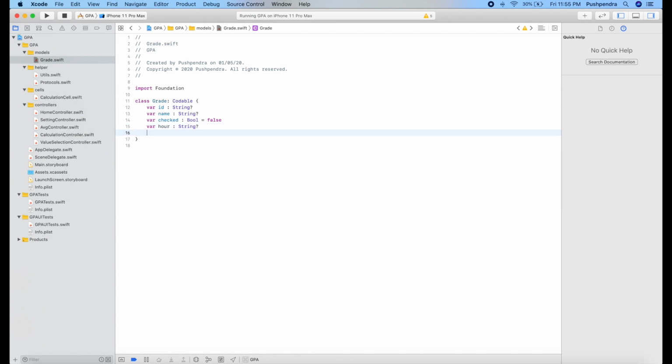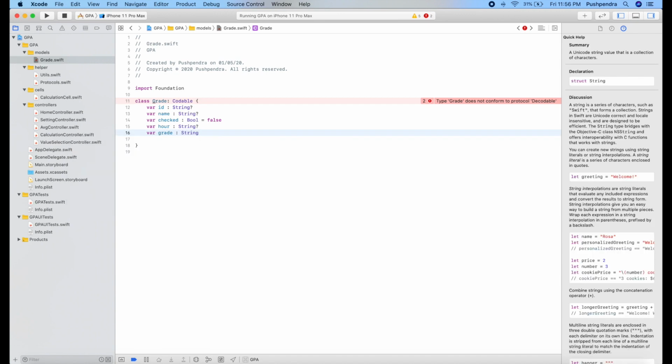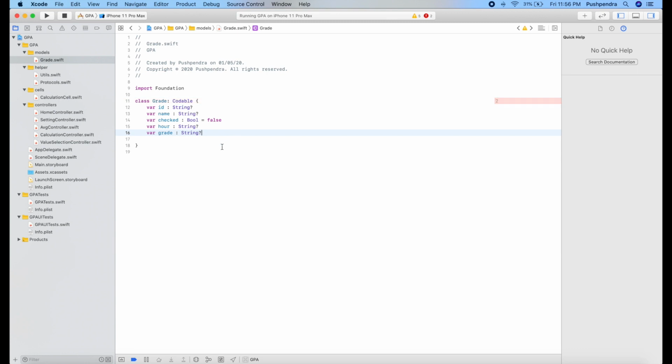Same I will take for grade. This is grade. Grade, and this is also type of string optional, so that's fine.